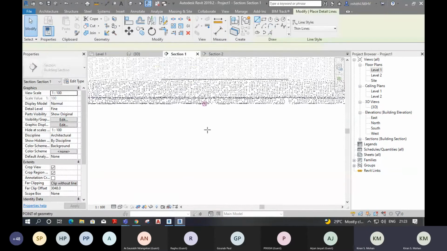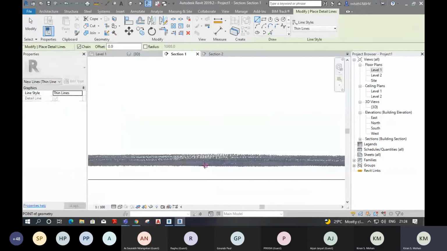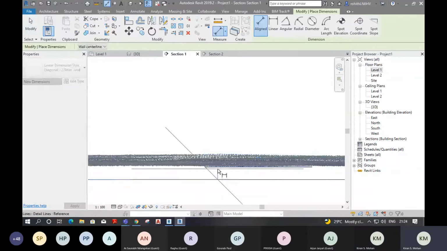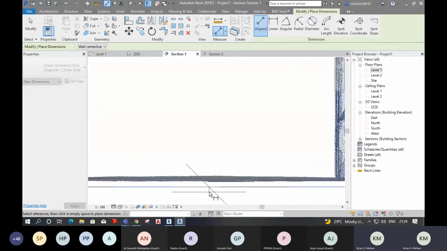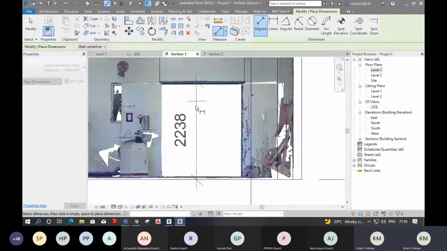The 35 mm difference is there. So 2238 minus 35 is almost 2203. Okay, we can select 2200 mm as height and 1900 mm as width for this particular door.